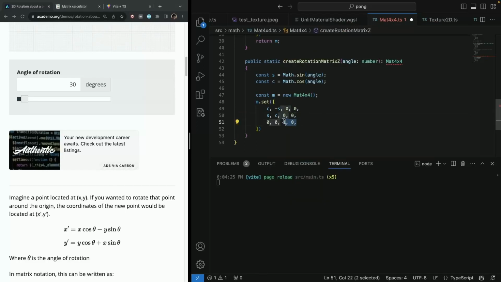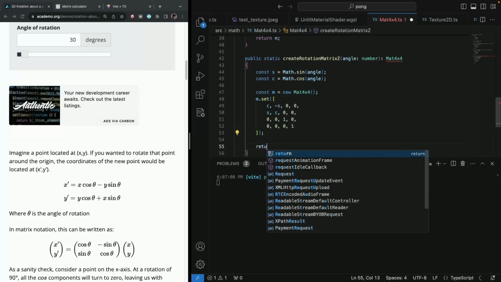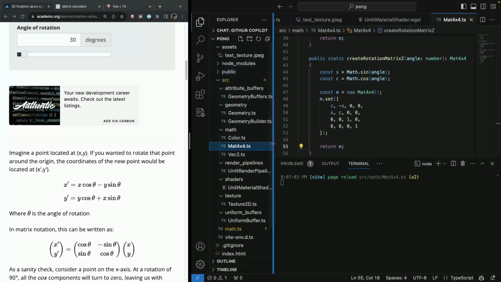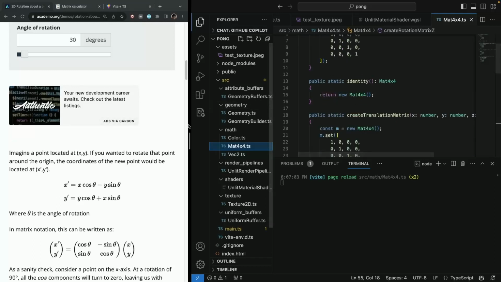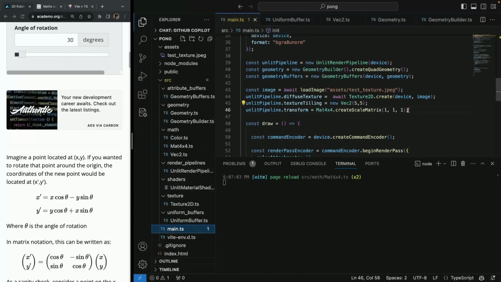So we're rotating around the z axis, therefore it's 1 here, right? If you were to rotate around some other axis, it would look a bit differently. And I'm going to showcase at the end other rotations as well, but we're not going to do them. And then I'm just going to say return m. Create rotation matrix Z. So if I was to go here,